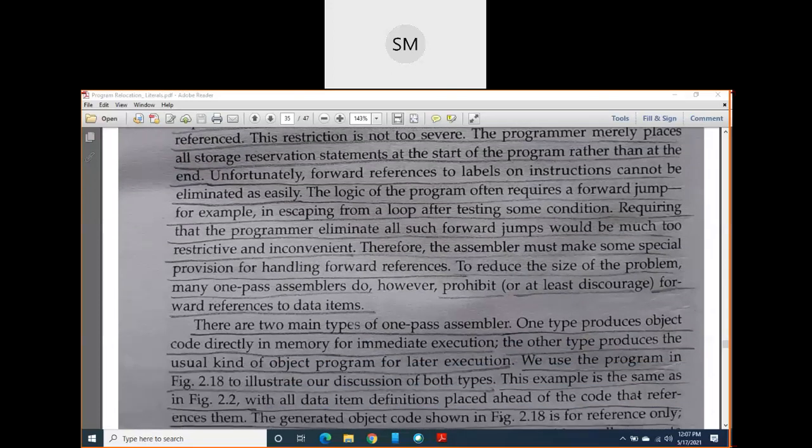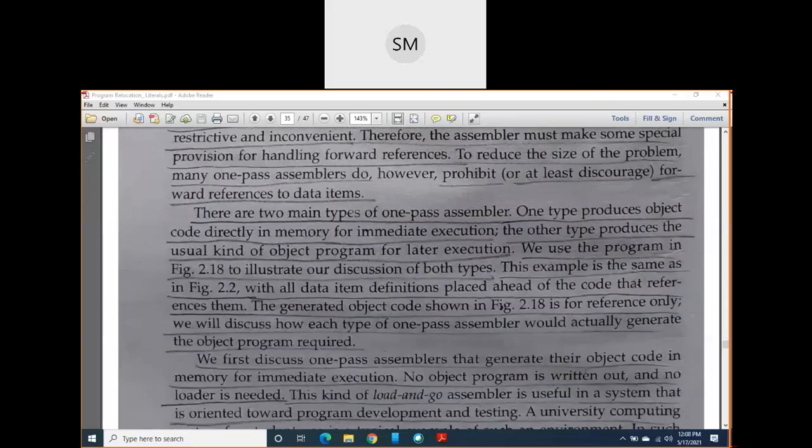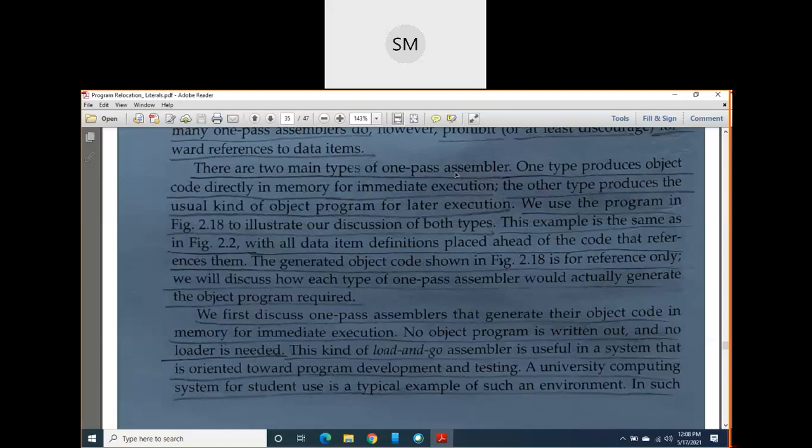Now, if you come to this point, here in one pass assembler, again there are two types of assemblers. Two types of one pass assemblers are there.